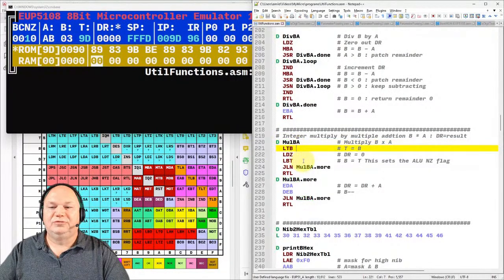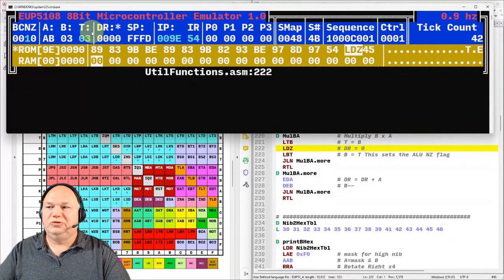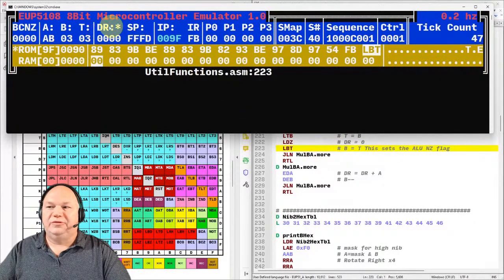Here's the definition of mul_BA. First thing it's going to do is load into T the value of B. So we put our two parameters in the A and B registers, and now we're going to copy it out temporarily. The reason we're doing that is because when we load anything into the B register, it resets the register non-zero flag, and we'll see why that's important in a minute. So first we temporarily store off B into the T temporary register. Then we're going to zero out the DR register,